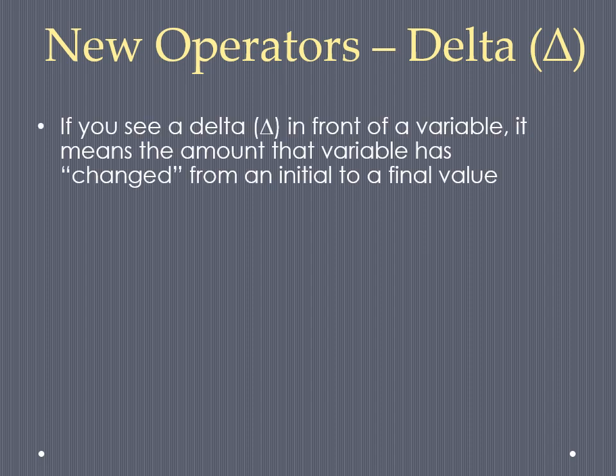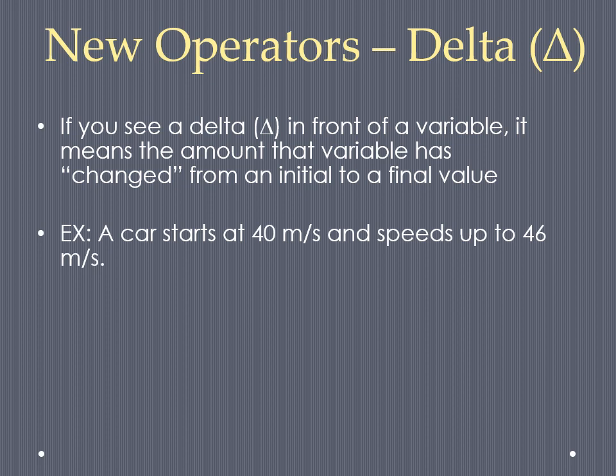A second new operator that you're probably not familiar with is called delta. Delta is written with a triangle. If you see a delta in front of any variable, it means find the amount that that variable has changed from its initial value to its final value. So if you have, for example, the statement, a car starts at 40 meters per second and speeds up to 46 meters every second,